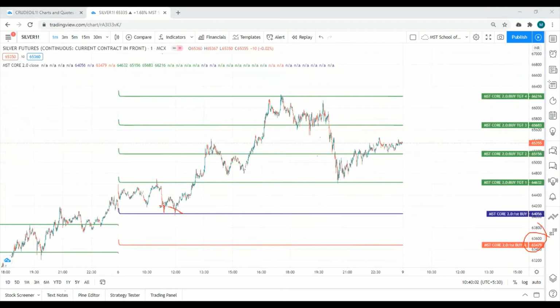See, our buy activated at this level, 64,056. Exactly, market opened here and went up, then came here, exactly buy activated. There is a W pattern also for double confirmation. So the middle point is broken and gave the retracement point, then shoot up. First target done, second target done. Our revised stop loss will be here, not hit. Then third target, fourth target also hit. Exactly. See, after hitting the fourth target, market has reversed. That is the beauty of this indicator.